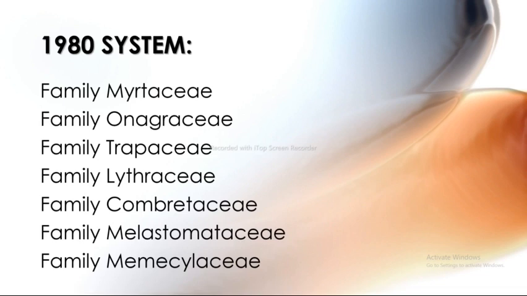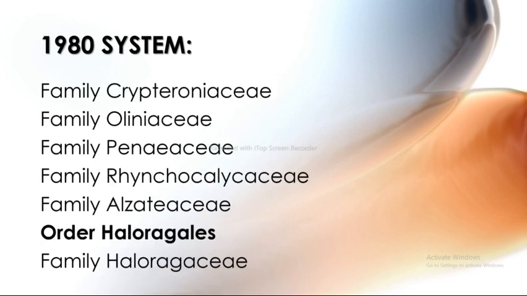Trapaceae, and the next is the Lythraceae, and the next is Combretaceae, and next is Melastomataceae, and next is the Memecylaceae. So the next is the Crypteroniaceae, Oliniaceae, and Penaeaceae, Rhynchocalycaceae, and